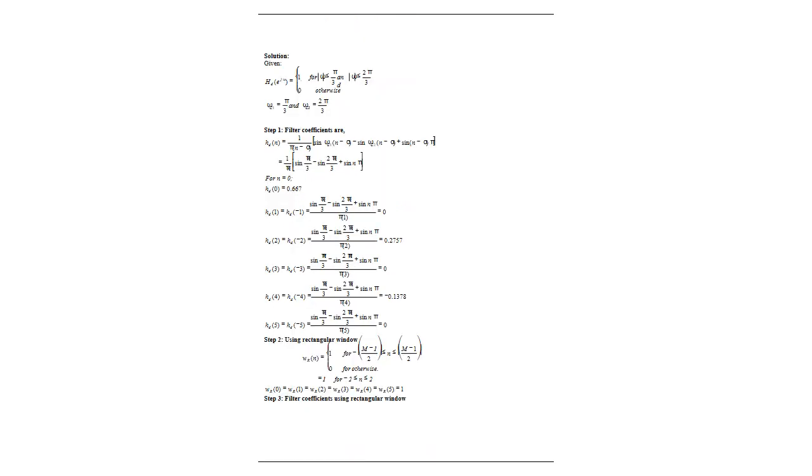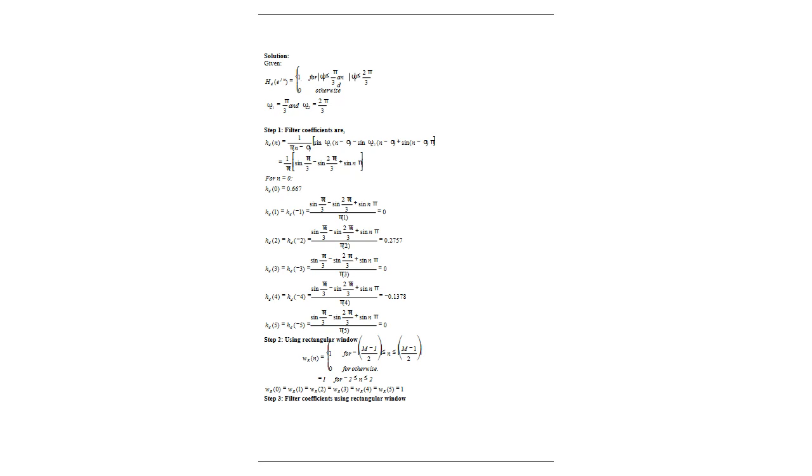The next question is given these values, for which we have to find the filter using a rectangular window. The limits given are pi by 3 to 2 pi by 3. So omega c1 is pi by 3 and omega c2 is 2 pi by 3. The first step is the filter coefficients: hd of n is equal to 1 by pi into (n minus alpha), sin omega c1 into (n minus alpha) minus sin omega c2 into (n minus alpha) plus sin n alpha